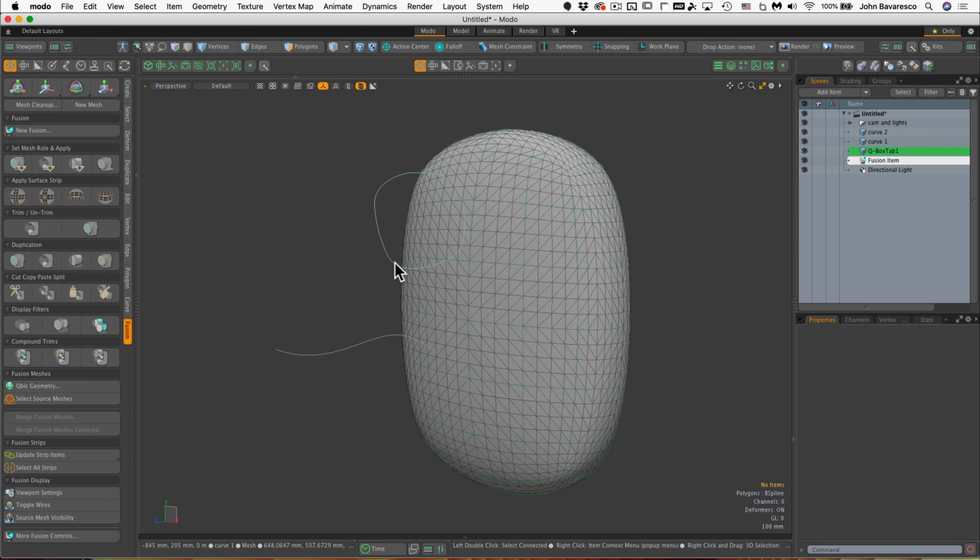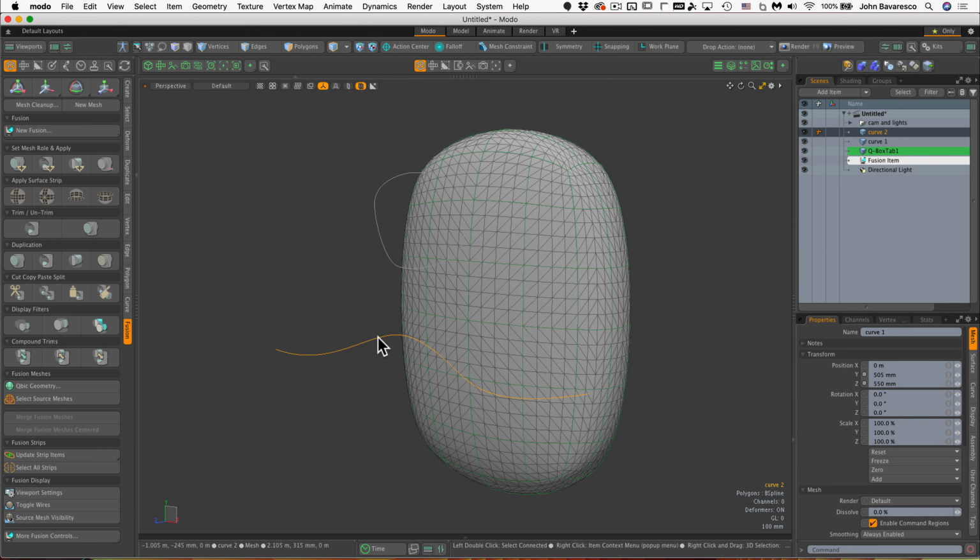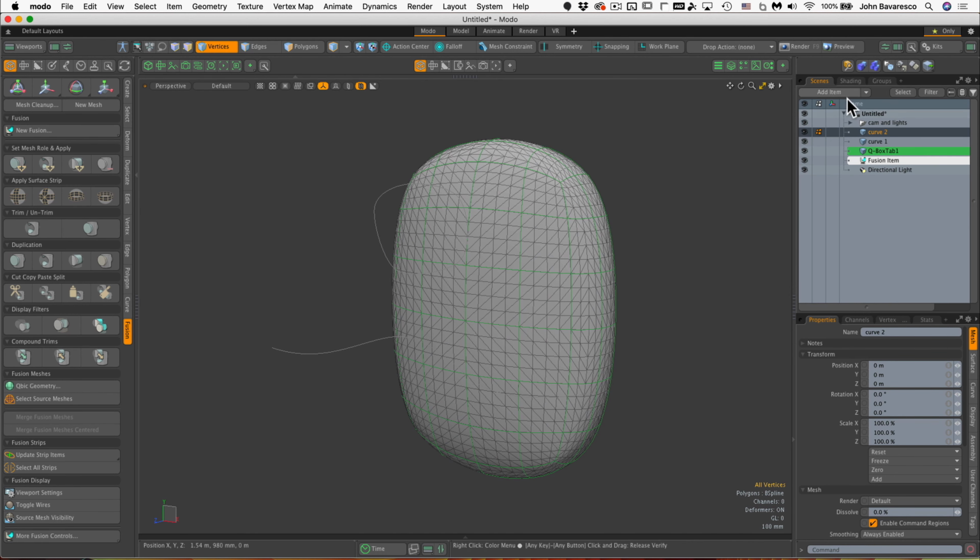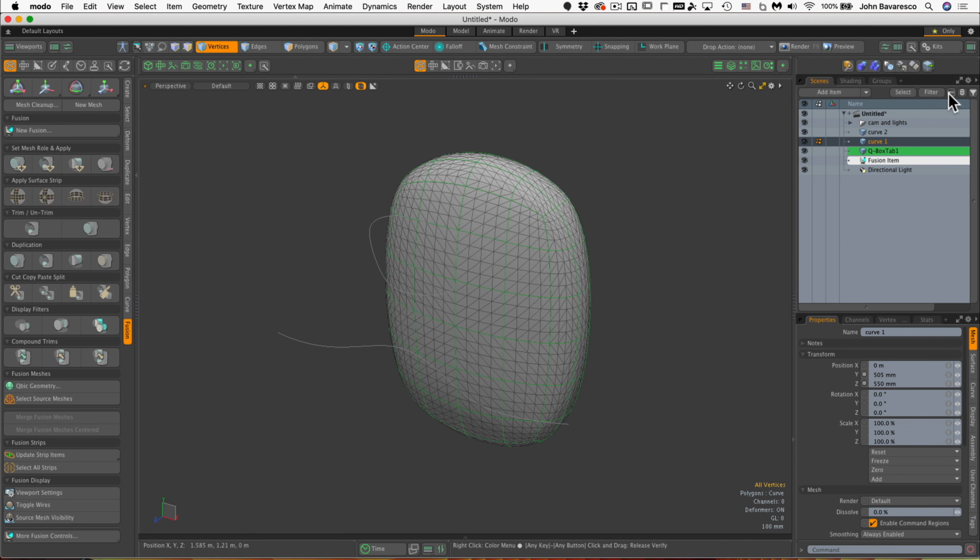Now I've got two curves here, curve 1 and curve 2, each residing on a separate layer. And curve 2 actually is a B-spline. So this functionality in Mesh Fusion works with any type of curve, which is great. So let's just take curve 1 first, and I'll select that, and I'll select my box object there, or the box tab